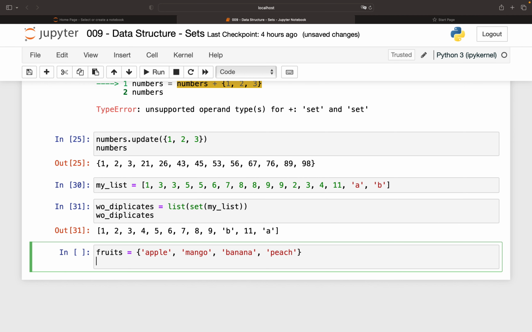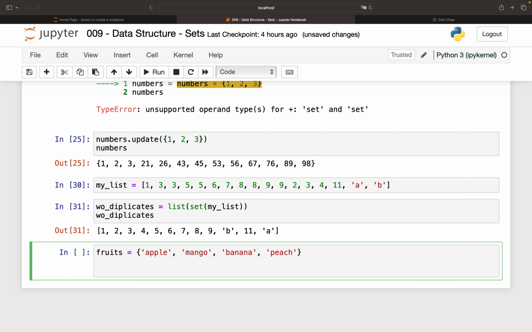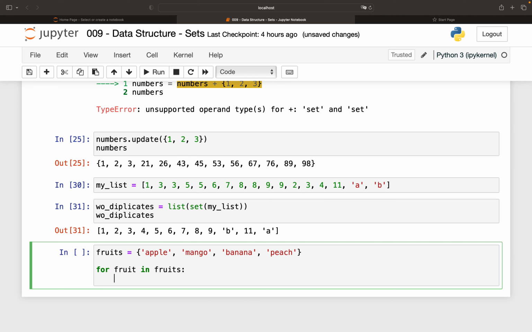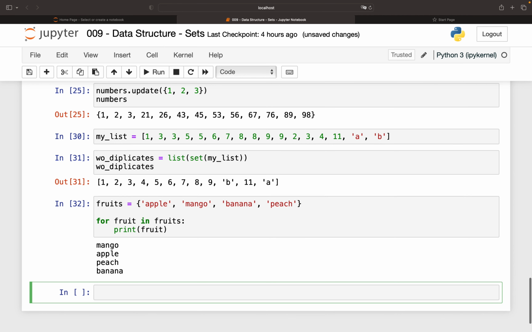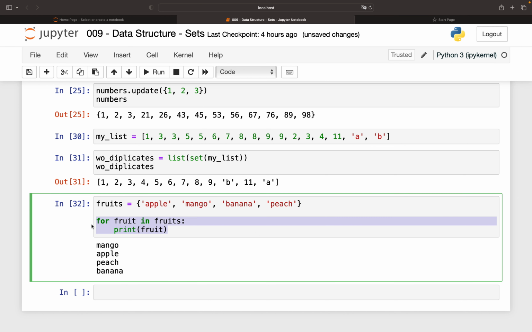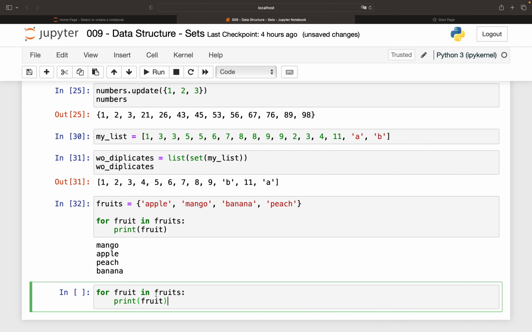Okay, so now using for loop, for fruit in fruits and then print fruit. So we can use a simple for loop to iterate over the sets, and we also know some other function where if you want to get an index kind of a thing,